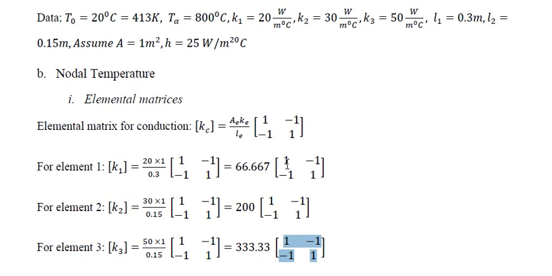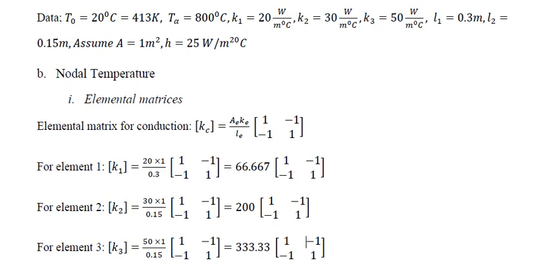Okay. Here the degrees of freedom is 1 2 2 3 3 4. So we have to add this with this and this with this. So what will be the size of global stiffness matrix? How many nodes are there? 4 nodes are there. Since 4 nodes are there, at each node 1 degree of freedom. So total degrees of freedom per given problem is 4.